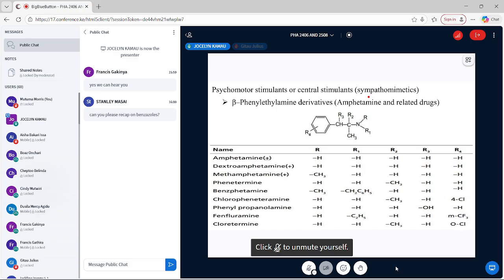But when you look at these drugs, most of them should be given orally. Remember when we mentioned apomorphine, we talked about stability. Whenever you have a catechol group, it is highly unstable because of oxidation on exposure to air. So therefore, when you look at these drugs, we call them beta phenyl